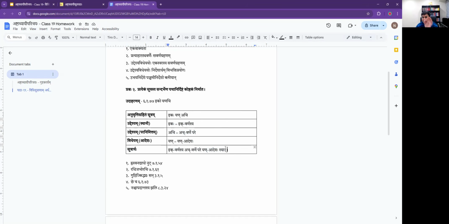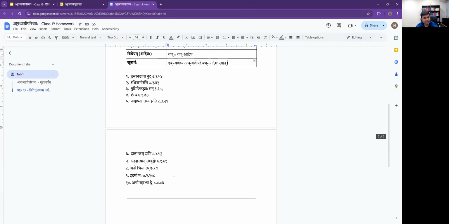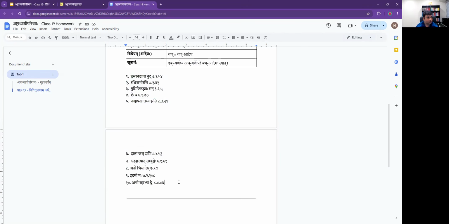So you have to write exactly like this. Don't write anything extra. 10 sutras are given. And you should be able to see these sutras in now 18th class. I have not taught you any sutram. I have not taught you Jhalam Jashi, Eng Rasvat Sambuddhe, Idamo Maha Ato Bhisais, but you will be surprised that